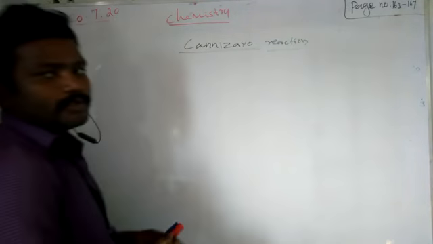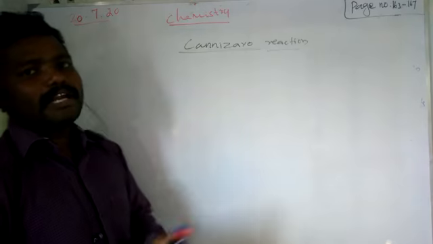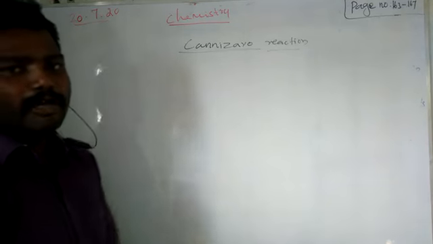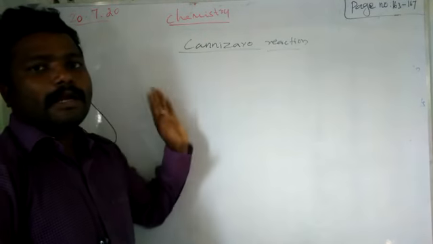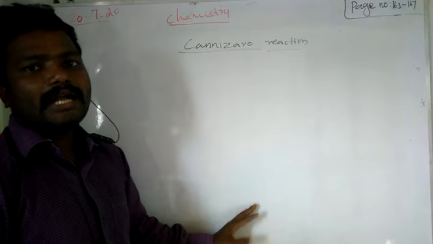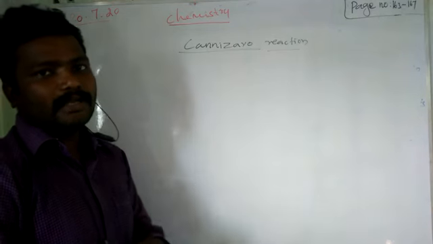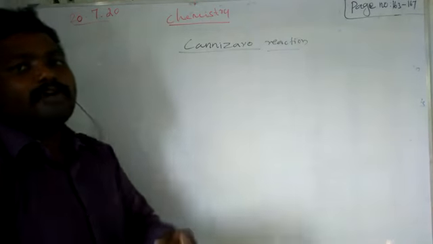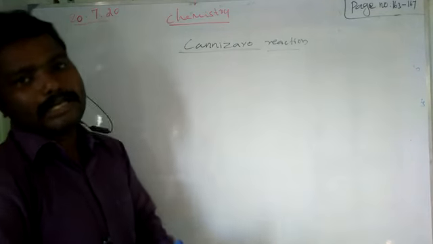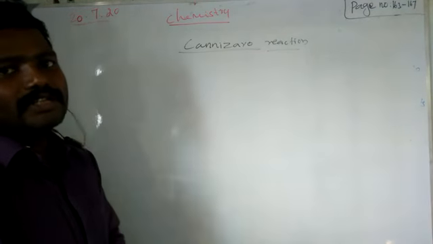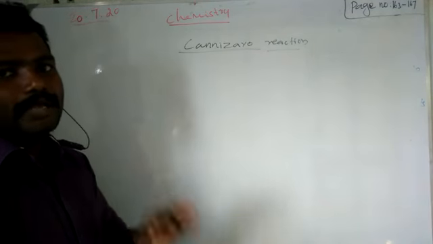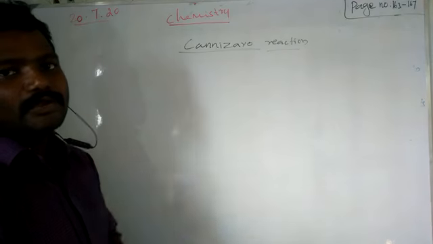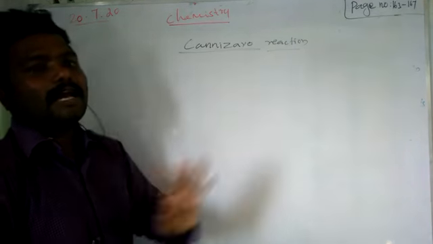That, like aldehydes only undergoing Cannizzaro reaction. What is the condition for the Cannizzaro reaction? The aldehyde involved in the Cannizzaro reaction should not have any alpha hydrogen. But remember, in the aldol condensation, it should have alpha hydrogen, then only it will undergo aldol condensation. For aldol condensation, the aldehyde or ketone should have alpha hydrogen. For Cannizzaro reaction, the aldehyde should not have alpha hydrogen.